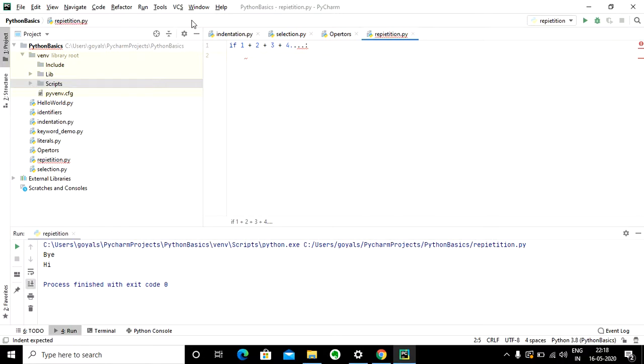I want to exit the program, to move out of the code, as soon as this sum exceeds 100. In that case, I'll use the break statement.